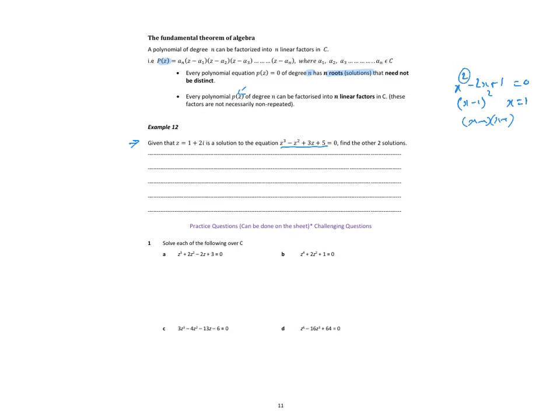If z is equal to 1 plus 2i, it means that z minus 1 minus 2i is a factor. And if 1 plus 2i is a solution, 1 minus 2i is also a solution, so z minus 1 plus 2i is a factor. The reason I want to do this is because then I'll expand that. There's two factors, so if I expand and multiply these together,